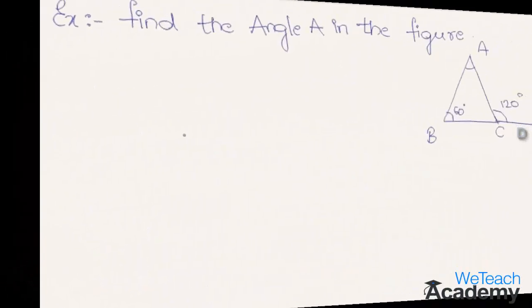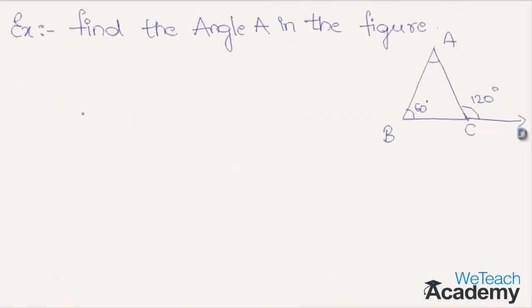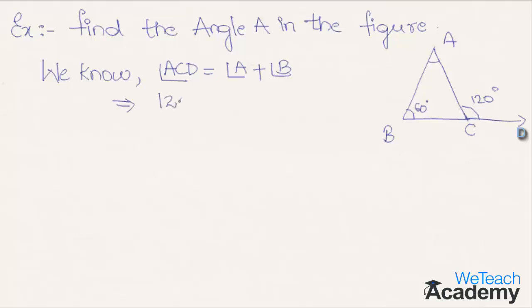So let us proceed to find angle A from the figure using this exterior angle property. We know that angle ACD is equal to angle A plus angle B, and here angle C is given as 120 and angle B is equal to 60 degrees. So we can write it as 120 degrees is equal to